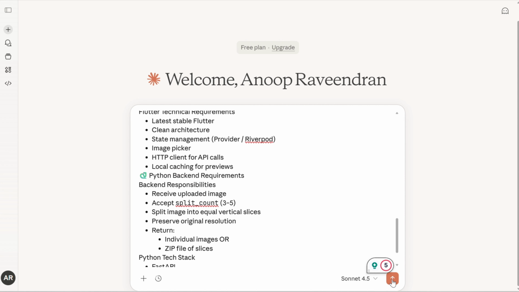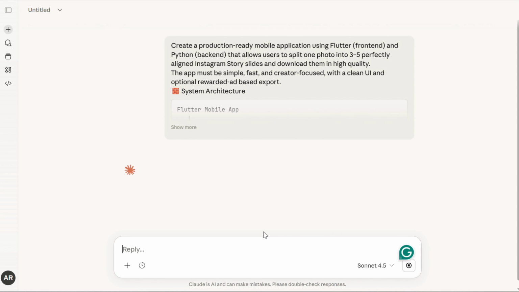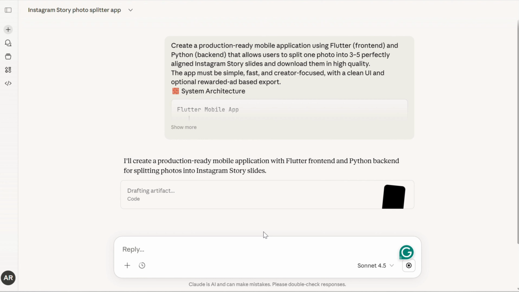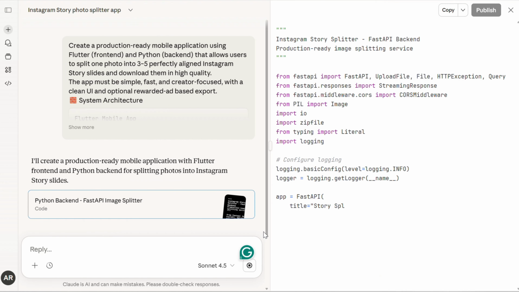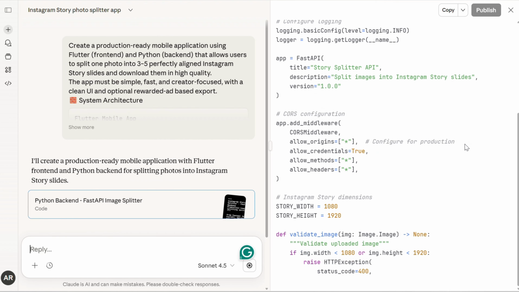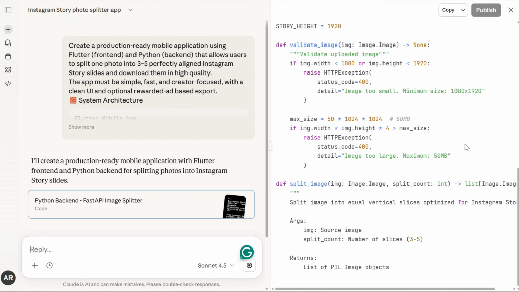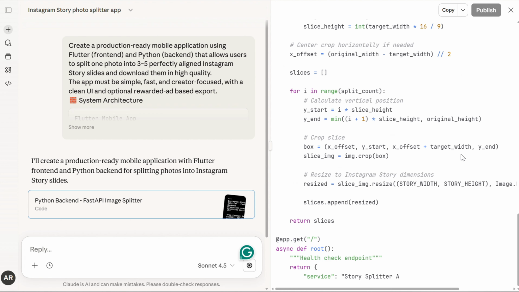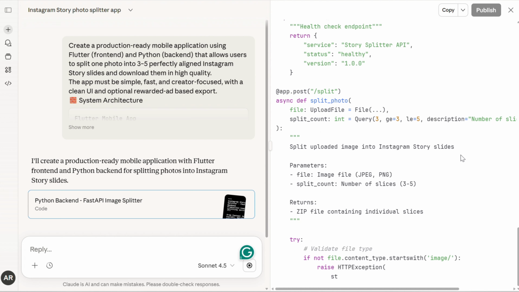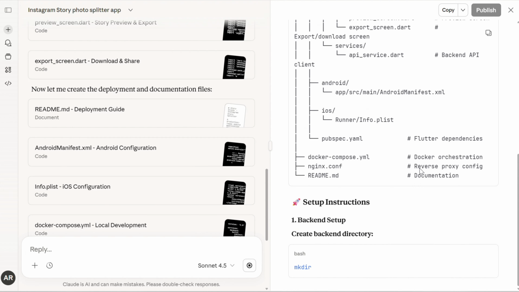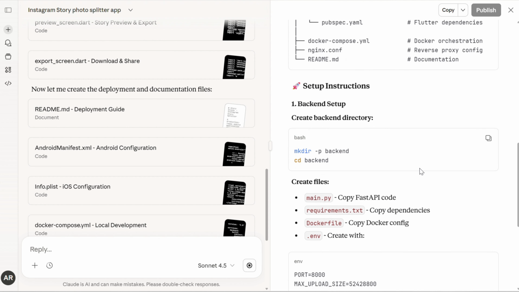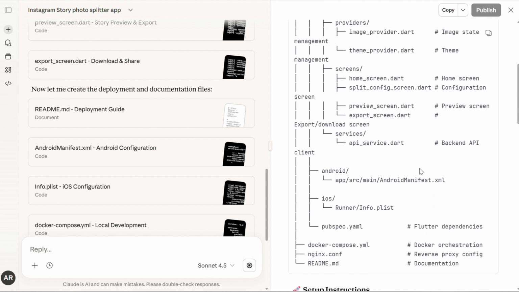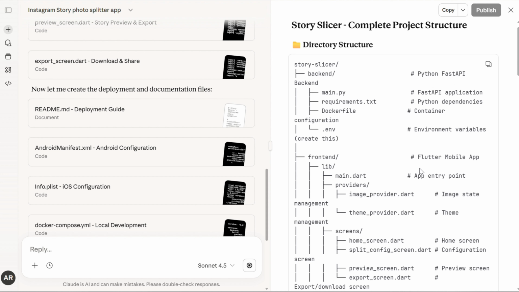Alright, here we go. The moment I hit enter, Claude immediately starts generating the application code. I'm using the Sonnet version of Claude, and you can see it's already writing the Python backend and the Flutter front end for Android. Let's just wait a bit and see the complete code generation. Okay, it's finished now. The full code is generated, and it even comes with a proper user manual explaining how to set everything up. The documentation quality is really good.